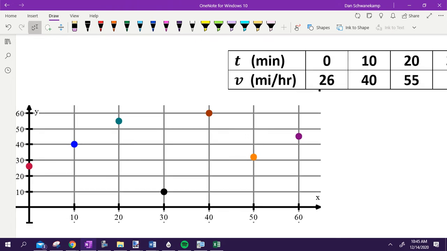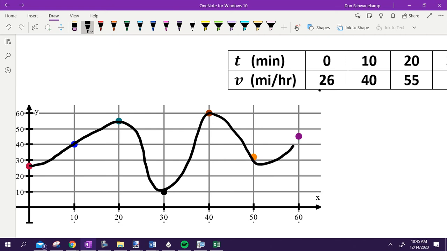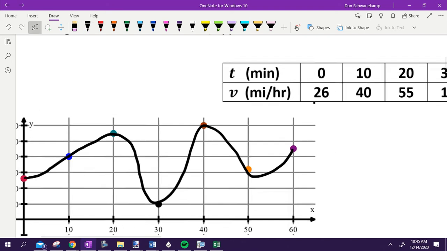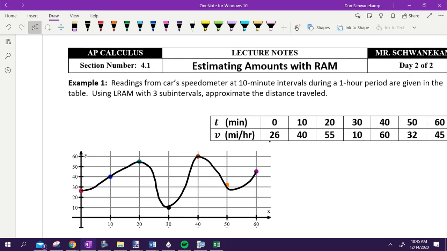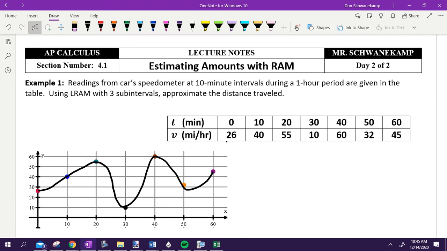I don't know what the other things are doing. All I know are the dots. Okay, I can make believe what the line looks like. Maybe it looked like this. And then it zoomed. Zoom. Zoom. Scoop. And I did that. I don't know, but I really don't care. Okay, this is definitely an approximation is what we're doing. Remember, that's what the A stands for in this. Okay, the rectangular approximation method. It's an approximate answer. So what we're going to do is we're using this to approximate with 3 subintervals the